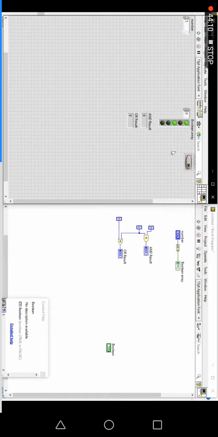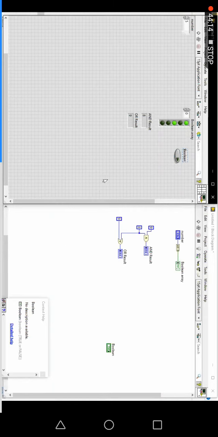On my screen, can you see this symbol here? Right click on the boolean and go to mechanical action. Can you see this symbol with a name? There they mention switch when pressed.